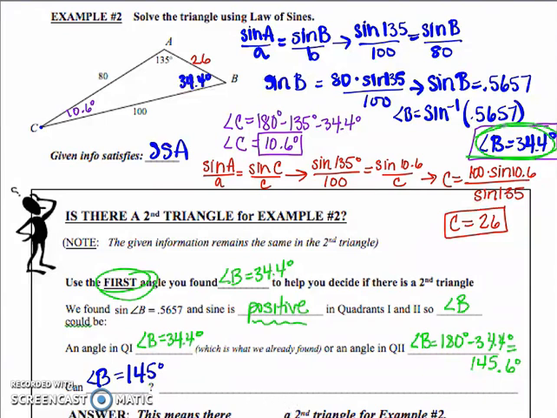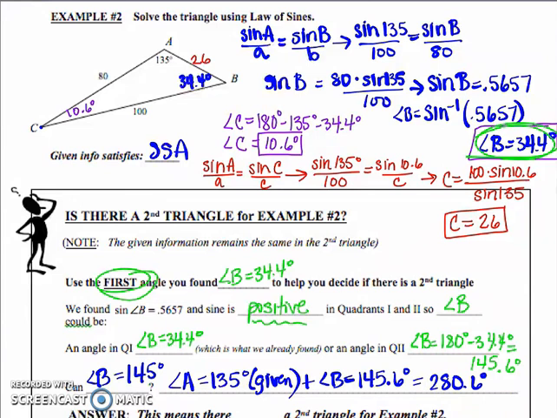Well, we have to work with what we know, okay? We know that we were given, in this problem, angle A, and given information doesn't change. So if angle A was 135 in the first triangle, it has to be 135 if there's a second triangle as well, okay? So we know that. And if we add this new possible angle B, which was 145.6, okay,